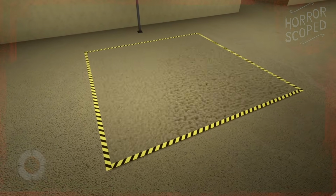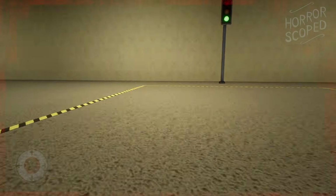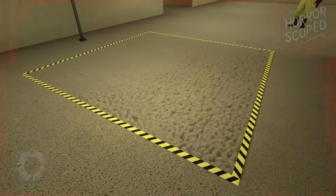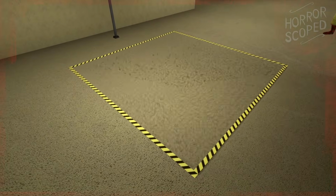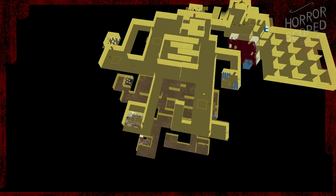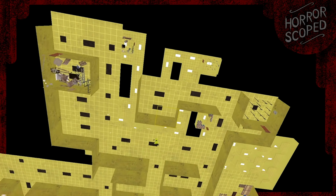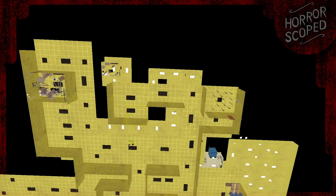Essentially, there are multiple surfaces trying to occupy the same location, and as a result, they will flicker endlessly. This is of course visually enhanced by the textures themselves moving opposite to one another. When viewing this map from a different angle, we can see that level 0.1 is placed a short distance beneath 0.2. There are a couple differences between them, including a few walls and some hallways, but besides this, they're actually